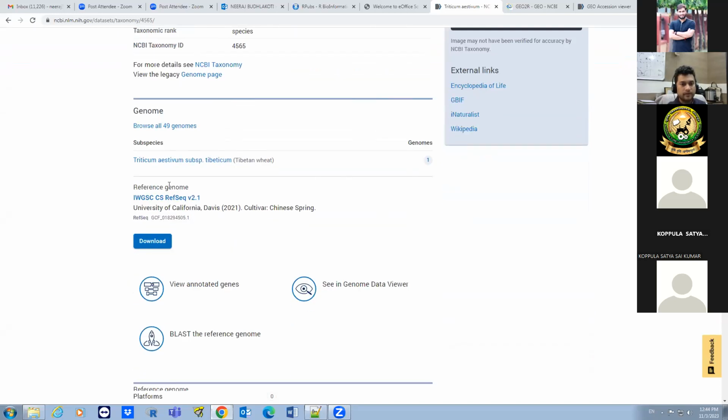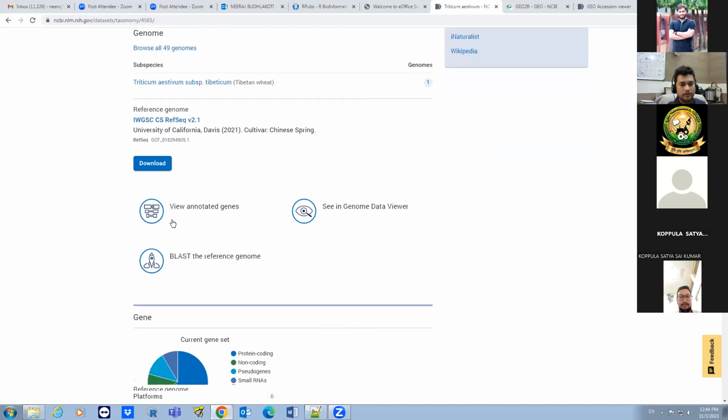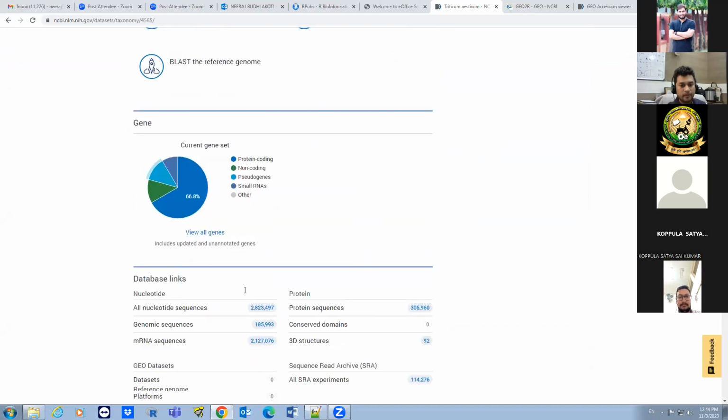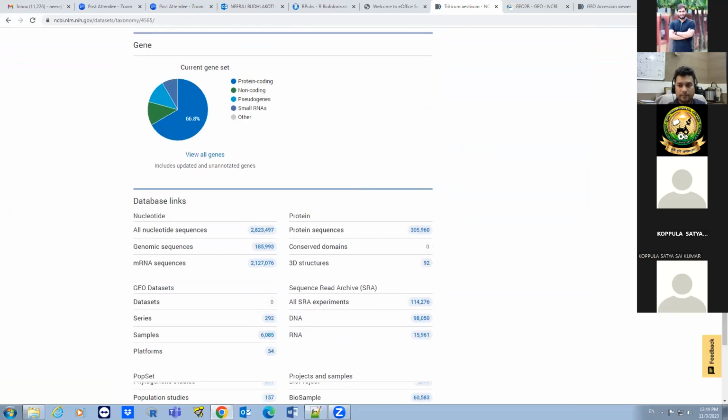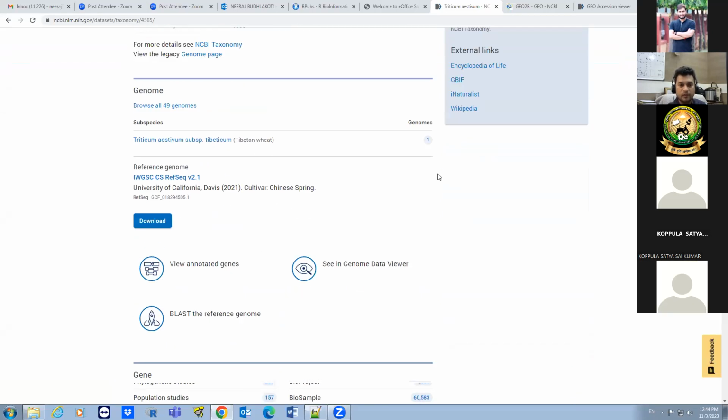You can see directly all the annotated genome, all information. In this way, you can download. You can click.